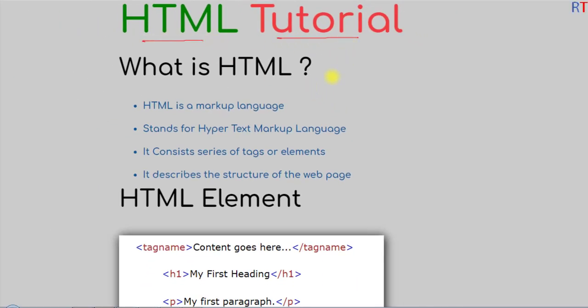In this series of videos we're gonna learn from all the basics of HTML to the advanced concepts. So first of all, let's talk about what is HTML. HTML is a markup language and it stands for hypertext markup language, and HTML consists of a series of tags or elements. The elements are the building blocks of an HTML document, and HTML describes the structure